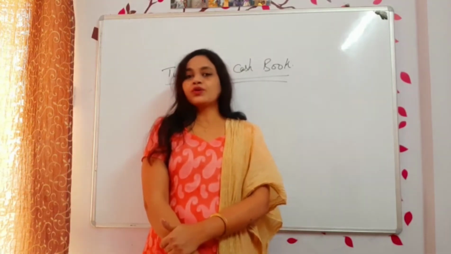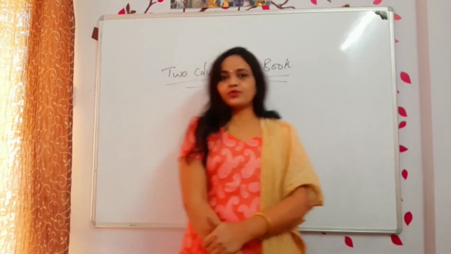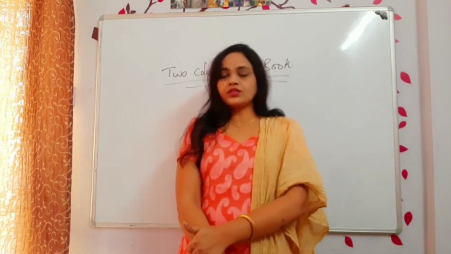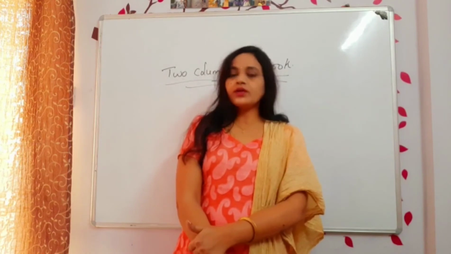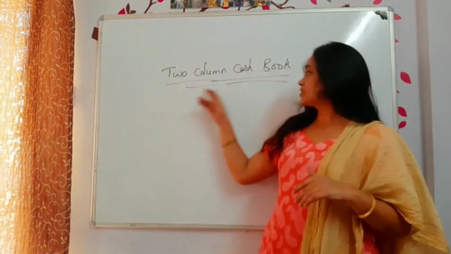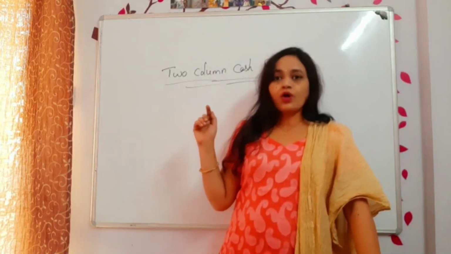Okay, fine. Today we are solving a few problems on two column cash book. It can be called a two column cash book; if it is a degree course, not in the NCERT syllabus, then it will also be called a three column cash book. Mainly we are seeing what the contra entries are, so we are solving a few problems on contra entries.